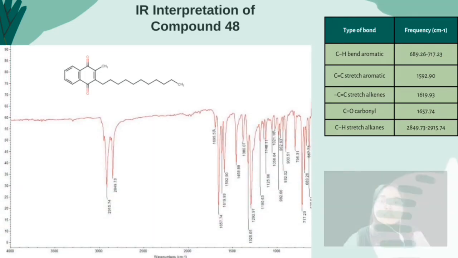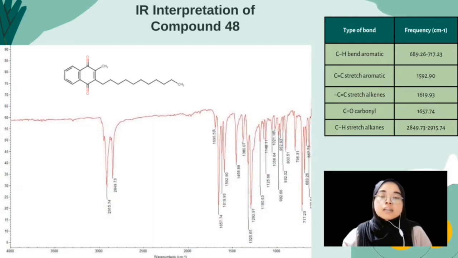The reaction between menadione and lauric acid resulted in compound 48. So the successful synthesis of the target compound is shown by various spectroscopic techniques, and a proposed radical mechanism explains the key steps involved in the reaction. In this slide, it shows the IR spectrum interpretation that reveals characteristic absorption bands indicating aromatic C-H, C=C stretch in aromatic compounds, C=C stretch in alkenes, and also the C=O